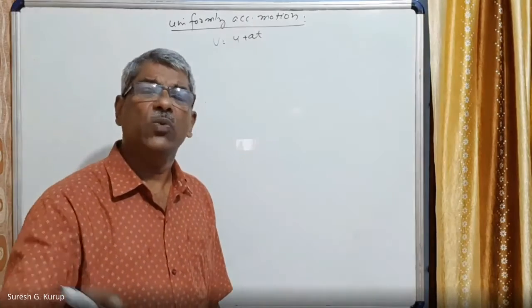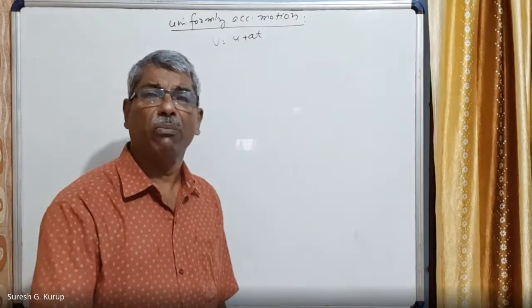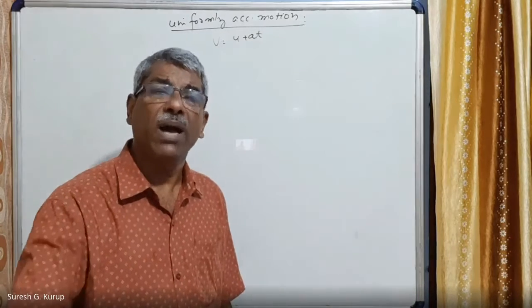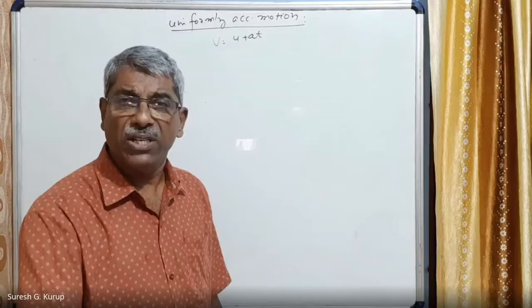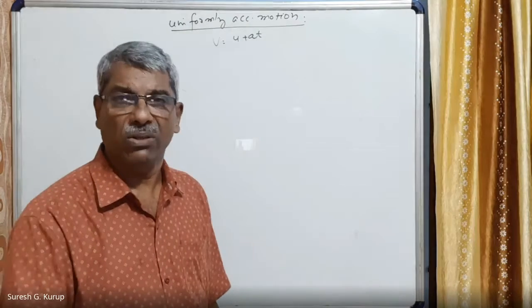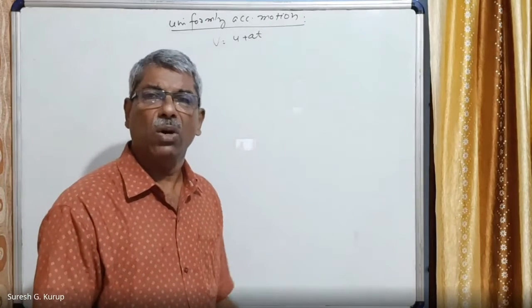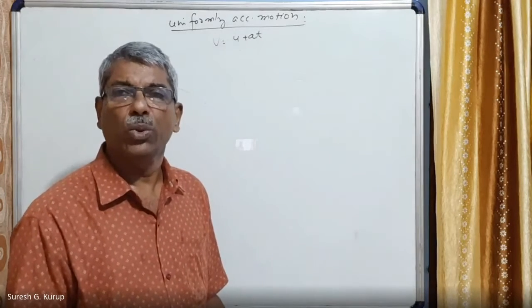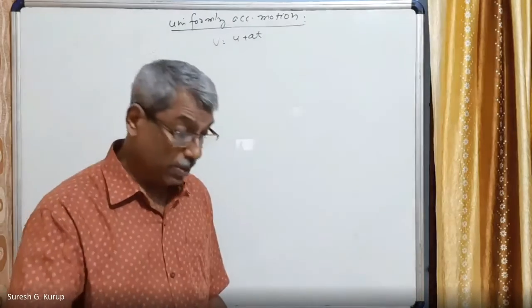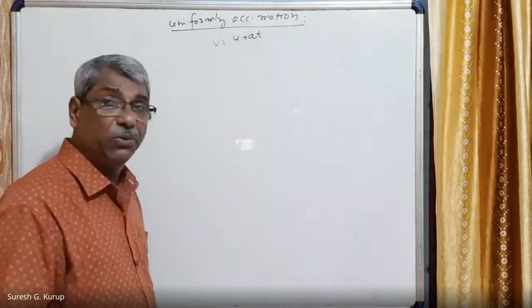That is why we say this is the equation of linear motion of a body moving with uniform acceleration. So what changes? Velocity changes, but in equal amounts per unit time. That is why this equation is called linear motion of a body moving with uniform acceleration. Remember that. This is the condition, so we have to prove it.